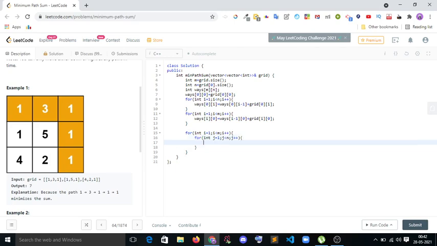Okay, so dp of i comma j is equal to min of dp of i minus 1 comma j, comma, dp of i comma j minus 1.